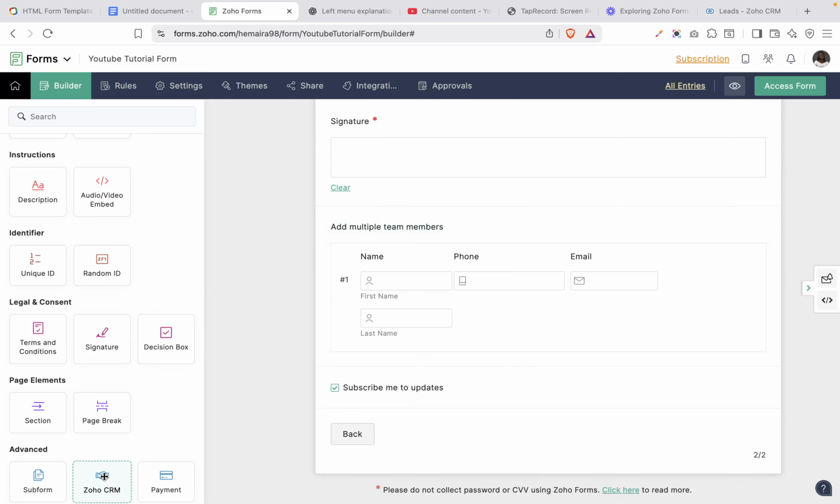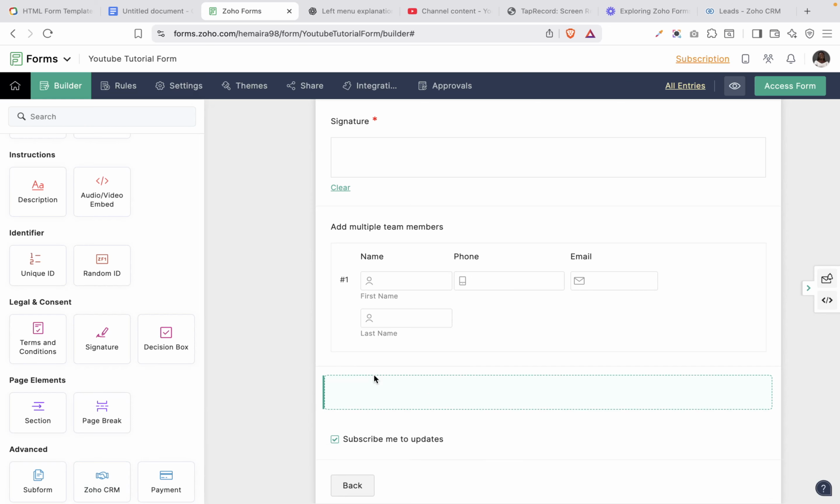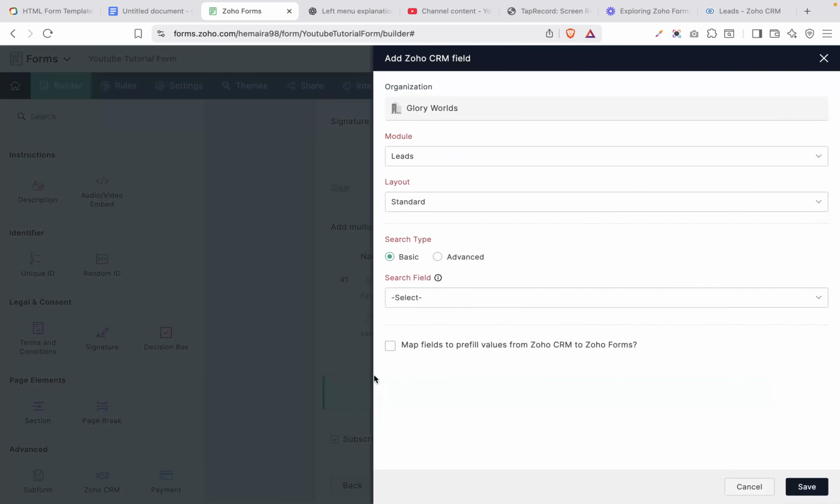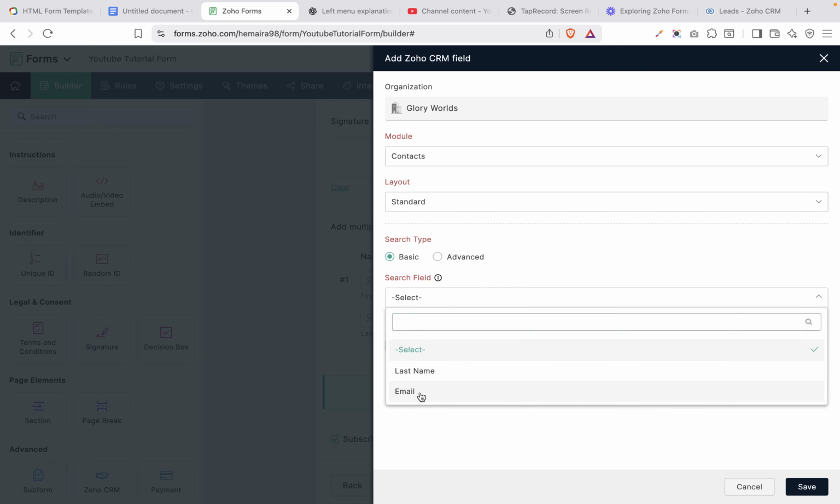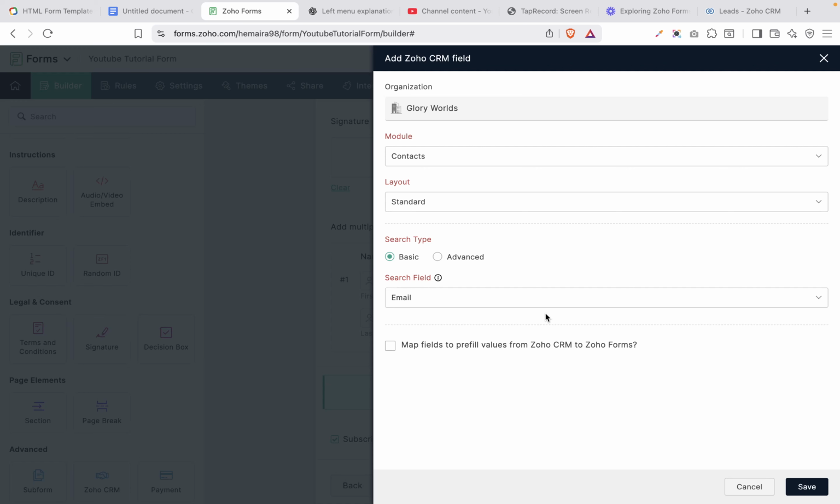The next one is your Zoho CRM field, and when you drag in Zoho CRM, this field is actually very important. You can decide that we want to map this into contact. So when people submit this form, it goes into the contact module. You can also decide to select the layouts you want, and you can decide to use a search type. A search type means that you want to be able to search each contact according to a field. And the most common field we use is the email, because the email is like the unique field for every lead. So you can decide that you want to search each contact with the email,